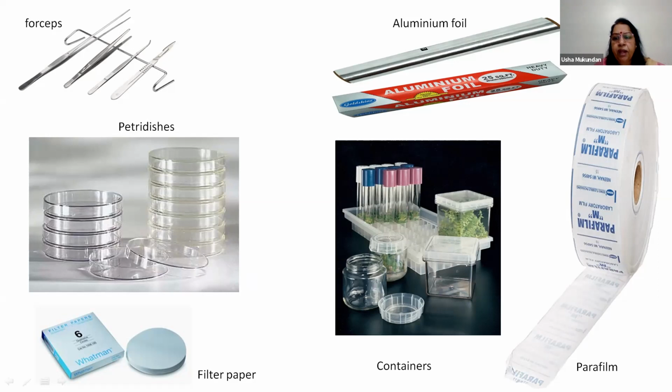So parafilm comes again in different sizes, and it is made up of waxes and polyolefins. Now, why is it called parafilm? You are going to study an entire chapter on IPR. So in IPR, there is something called a trademark. Trademark, I give this example, champagne is a trademark, which only the French company can use. You may be making a similar wine, but you cannot use that name.